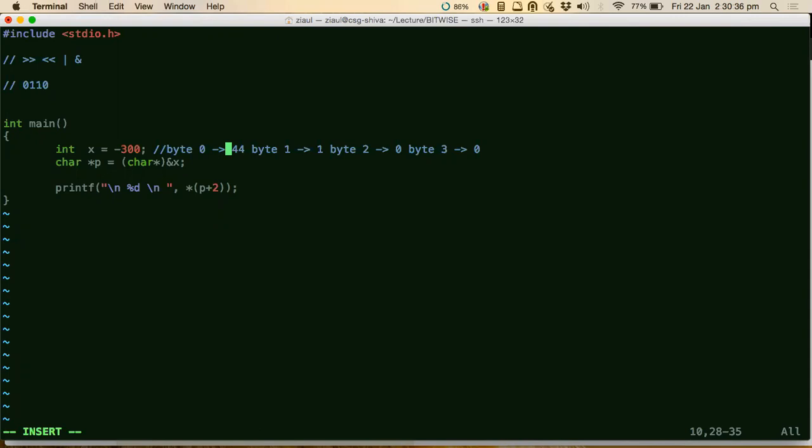Let's not go there now, because you will get to know 2's complement when you take the computer architecture course. So forget it as of now. It's just that -300 will have a different bit representation, and you will get different values for the 4 bytes than you would for +300.